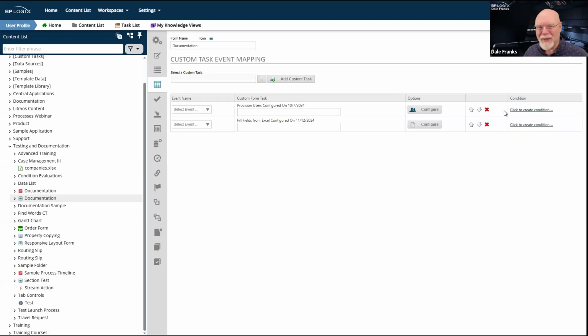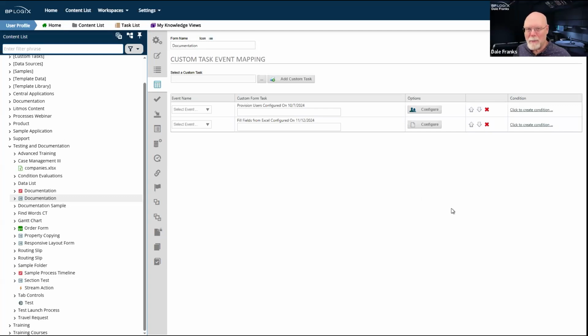In a version where the drag and drop works, which apparently is not in this version, you'll simply be able to reorder all of your custom tasks by simply dragging and dropping them. People have complained for a while that this is inconvenient, especially if I have 20 or 30 custom tasks running on a form, which some of you do, and you decide that you need to reorder them.